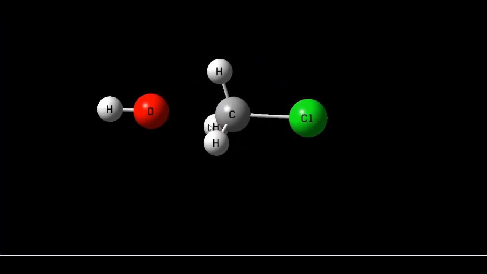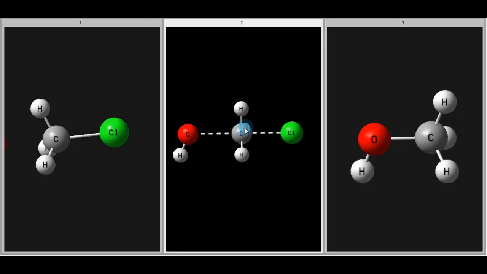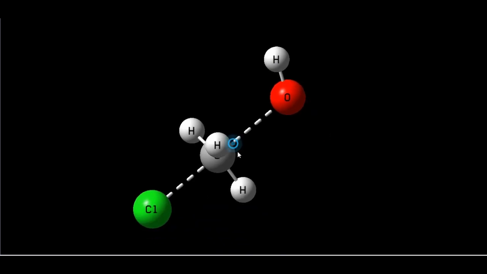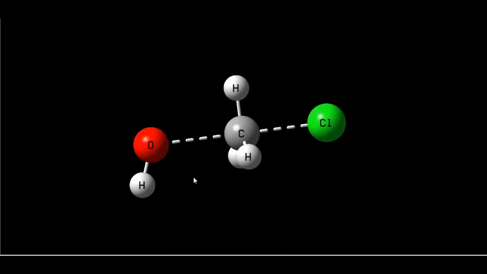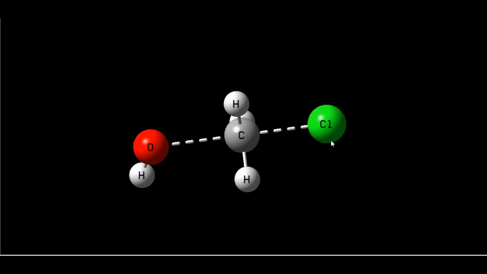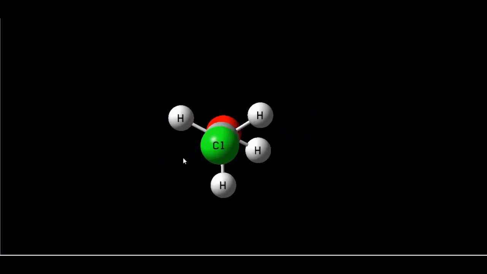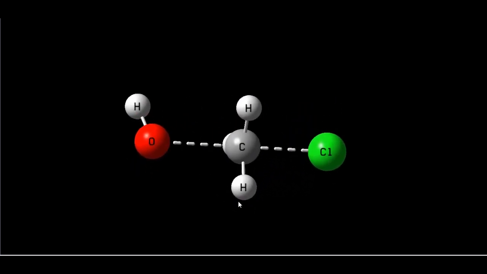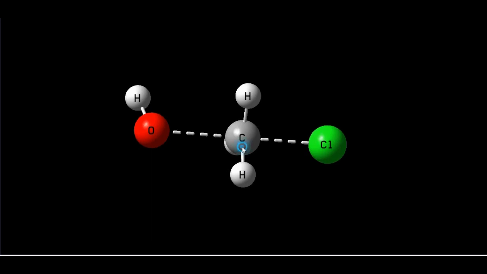So as this hydroxide ion comes close to the carbon, this chlorine atom will go away from the carbon and we will get the transition state. So it looks like this. Here both chlorine and oxygen are weakly connected with carbon atom and they are having a delta negative charge. Here rest 3 sigma bonds of carbon are lying in the plane that is perpendicular to these 2 weak bonds to experience minimum strain from both of the delta negative groups.